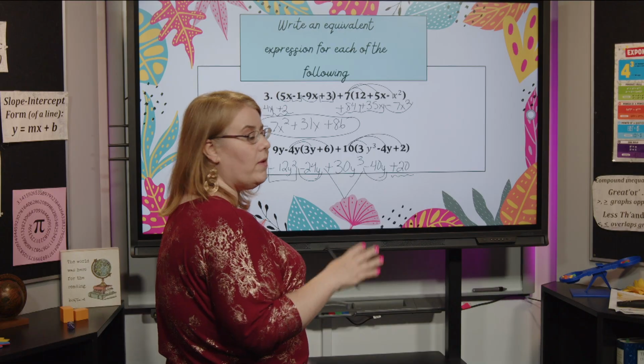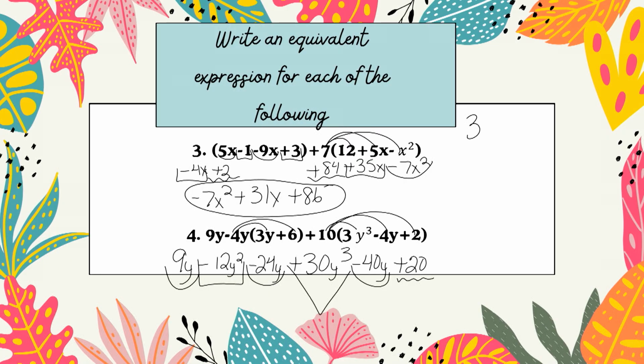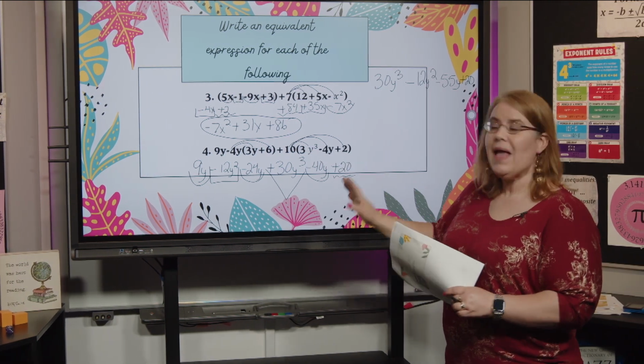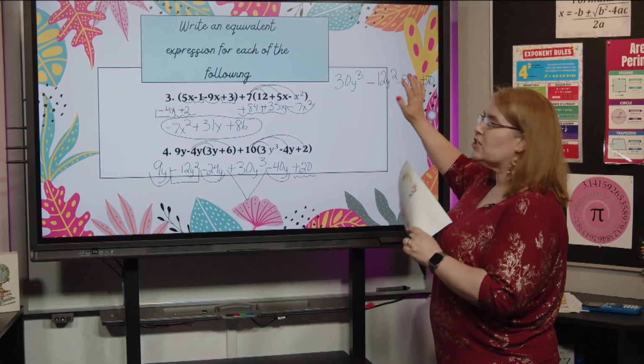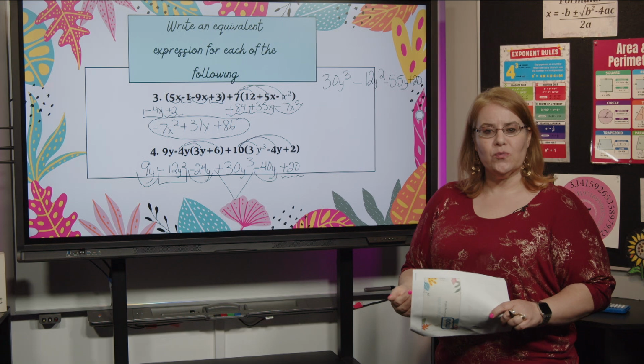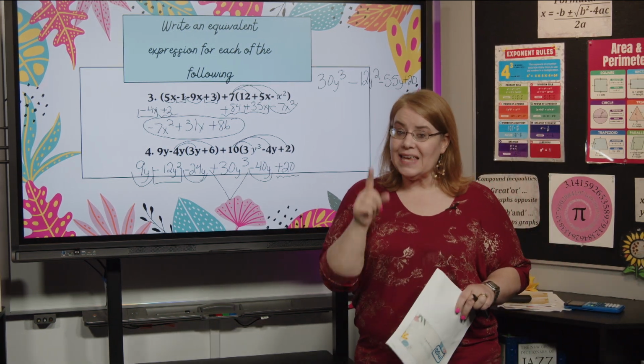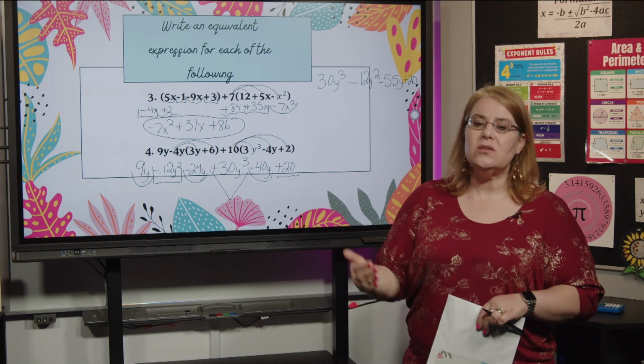So let's write this in standard form. So here we go. I've got 30y cubed. Then I'm going to put my squares together, which are minus 12y squared. Then I'm going to put just my y's. 9y minus 24y minus 40y is going to give me minus 55y. Then I have my constant of plus 20. So I have taken this whole problem and written my equivalent expression, putting terms together, doing that distributive property, making sure that I'm putting like terms together. That's the key. You will hear me say that multiple times the more into this math that we get,